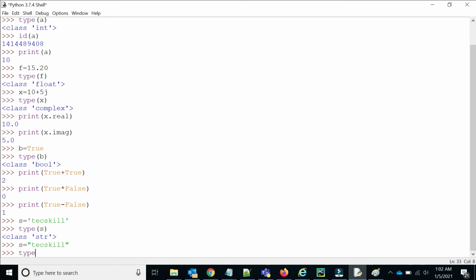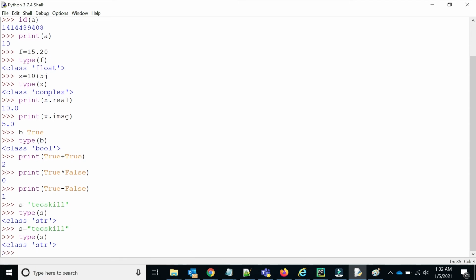And if you check the type of s, that means a string. You can take it in single quote as well as double quote.